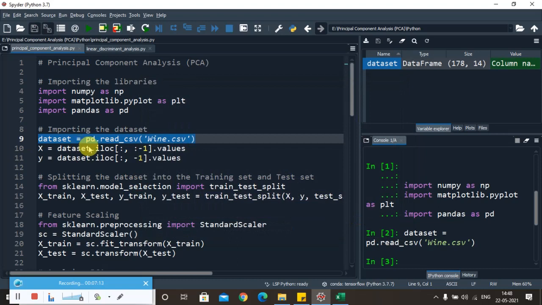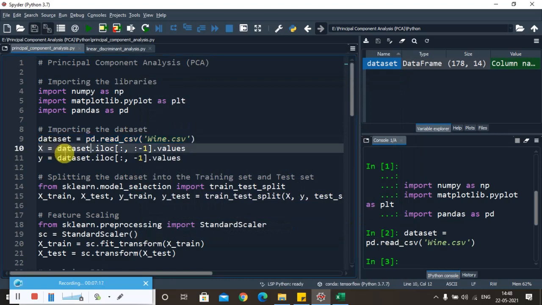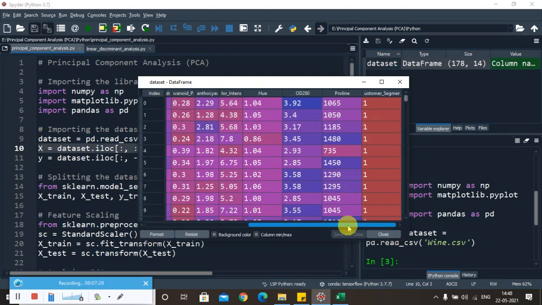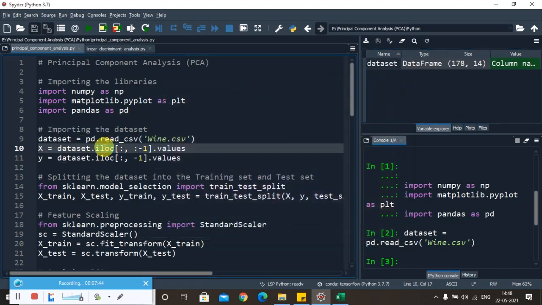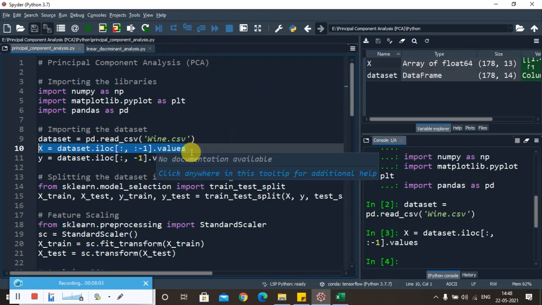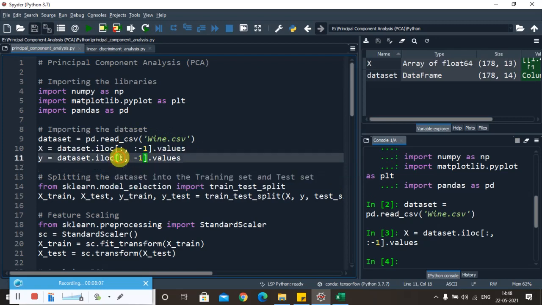And now it's time to split up the data set into a matrix of features X and a dependent variable vector Y. So among all this data set, starting from the alcohol till the proline, we will be considering it as the independent variable vector, and the final column, that is the customer segment, we are going to consider as the dependent variable vector Y. To split this, we are going to invoke a method called iloc from the object dataset, and through this we are going to consider all the rows and all the columns except the last column and store the values in a matrix of features X. So X will hold all the columns except the last one, and Y will hold all the rows but only the last column.